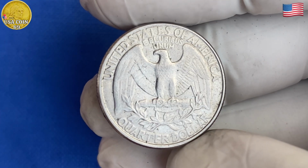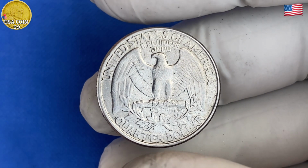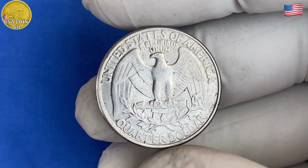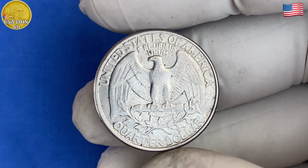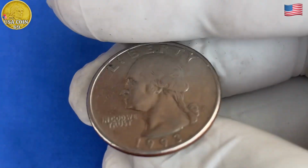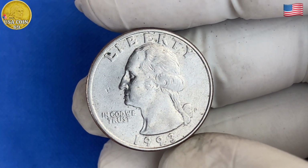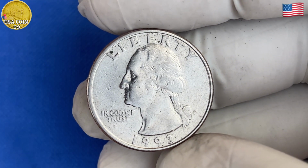Most of the 1993 quarters were minted in high numbers and circulated widely, so they don't carry a huge premium. However, there are certain versions of the 1993 Washington quarter that stand out, particularly those that were produced in limited quantities or in special proof sets. These coins were struck with greater care and precision, making them more desirable to collectors who are always searching for